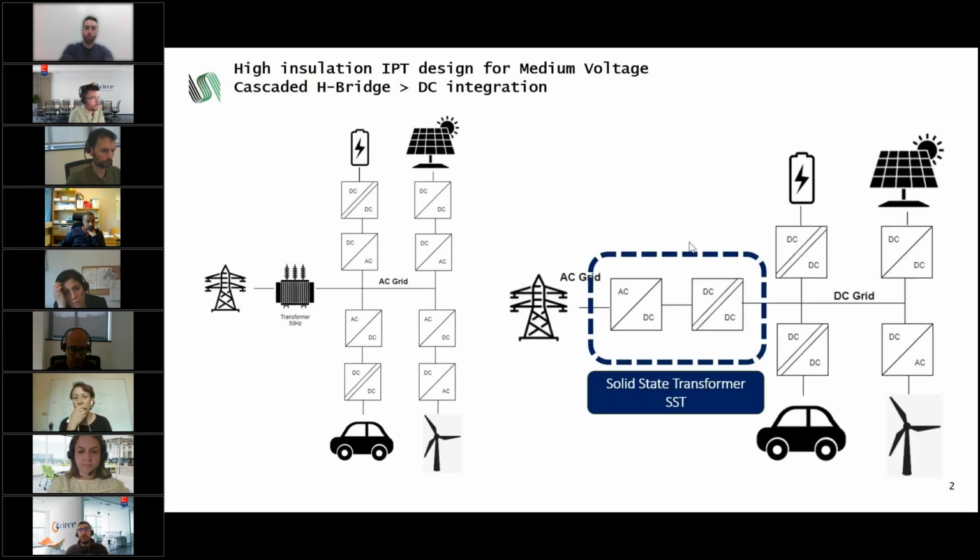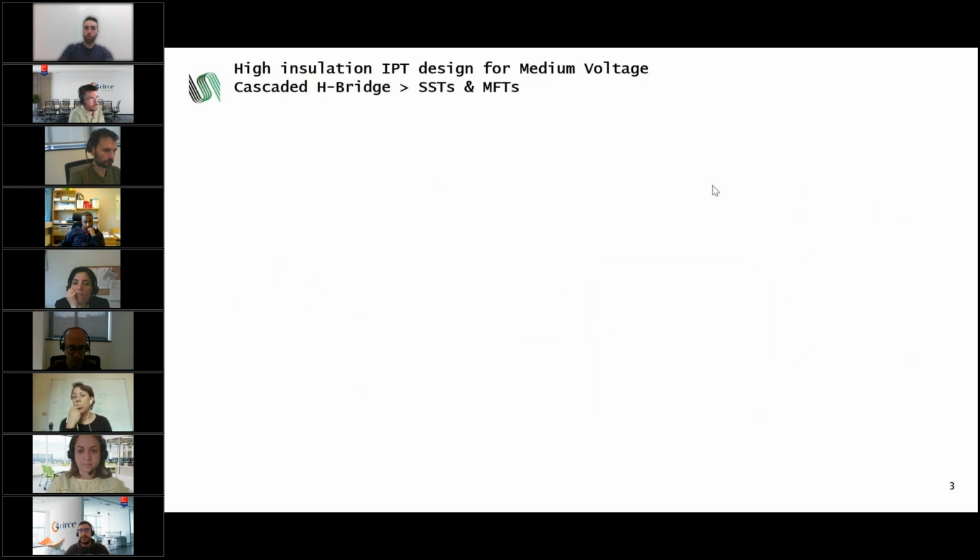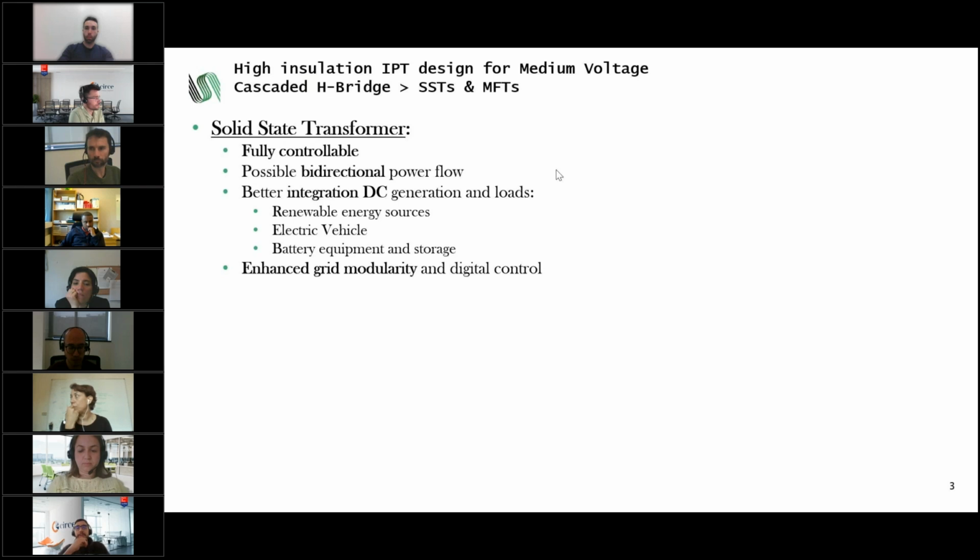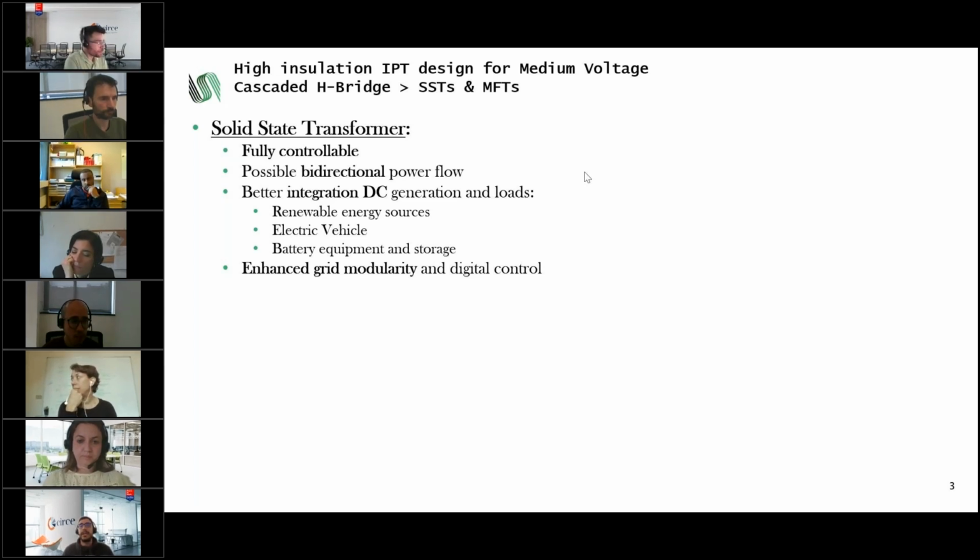So when we connect this medium voltage DC grid with the AC grid, also at medium voltage, we use an element called the solid state transformer. This solid state transformer is fully controllable equipment with the possibility of controlling bidirectional power flow, and it allows us to better integrate DC generation and loads like renewable energy, electric vehicles, or batteries,